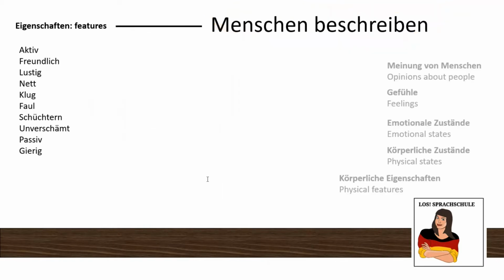If we are describing people, of course, the most logical approach would be to learn some adjectives. And this is what we're doing now. If you go to the features, I will read and translate, and then we will do some example sentences so you can have many ways to use it. Aktiv, active, freundlich, friendly,